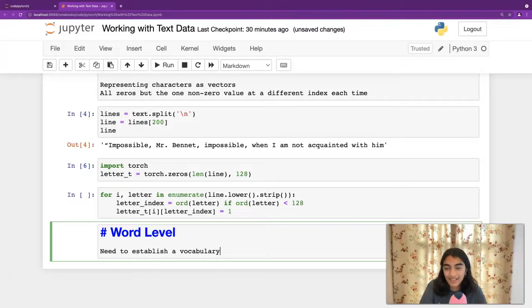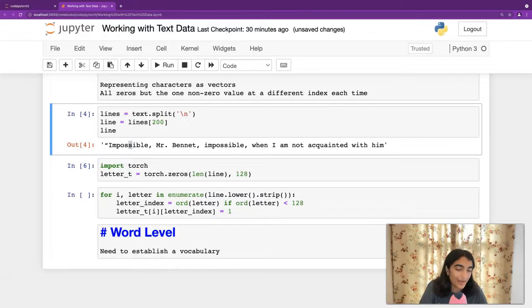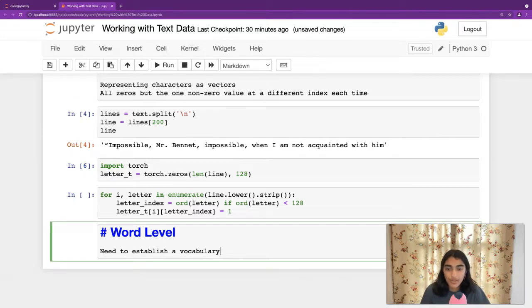Does the fact that the letter S, I mean, it might, but does this letter S tell you more than this entire word impossible? I don't think so, right? Impossible has so much more meaning, and it contributes so much more to the overall understanding of this sentence, right? Or at least this line. Yeah, so we need to establish a vocabulary, and